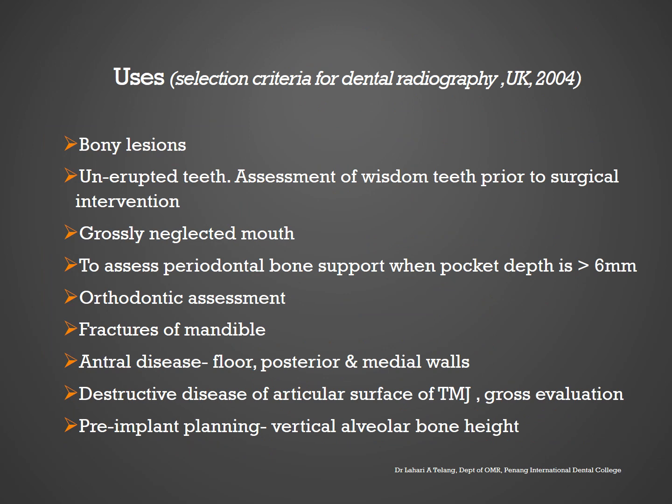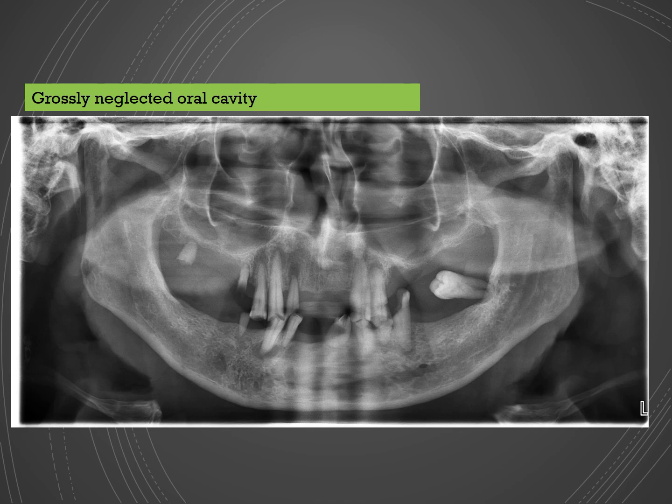So, if we were to look at the uses or indications of panoramic radiography, the most important ones are bony lesions, unerupted teeth. We use it for assessment of wisdom teeth prior to surgical intervention, a grossly neglected mouth to assess periodontal bone support when the pocket depth is greater than 6 mm, orthodontic assessment, a very essential tool, fractures of the mandible, antral disease, that means diseases of the sinuses, especially the maxillary sinus, where the floor, posterior and medial walls are clearly visible. Destructive diseases of the articular surface of the TMJ, when you have to do gross evaluation, and not for minor or very detailed evaluation, and also for pre-implant planning when you want to assess the vertical alveolar bone height. So let us look at some of the images to understand